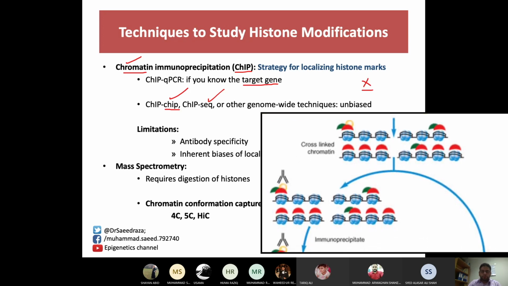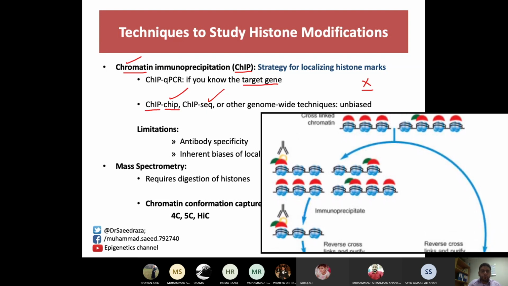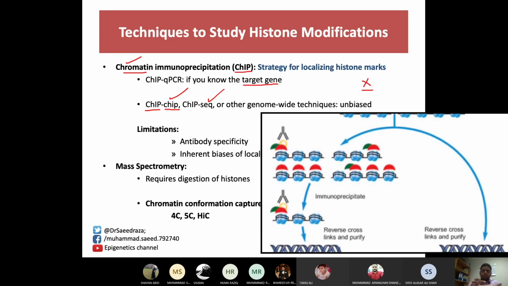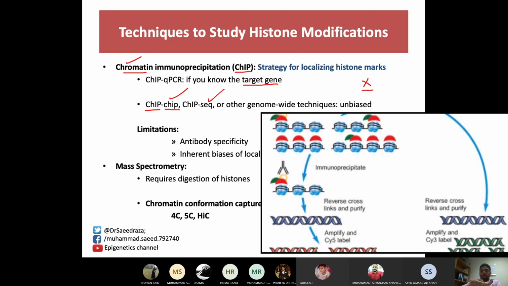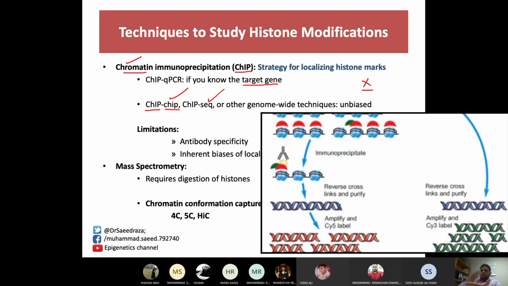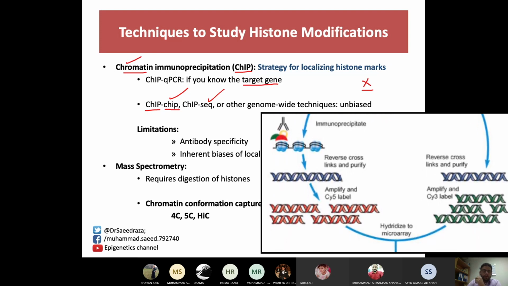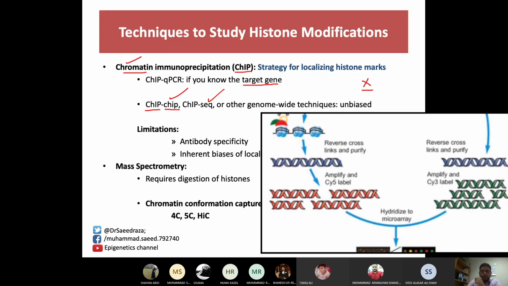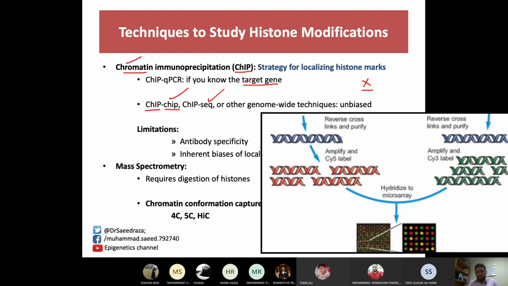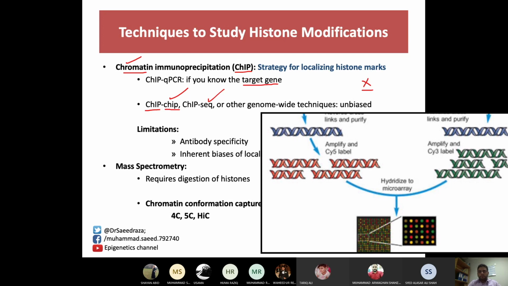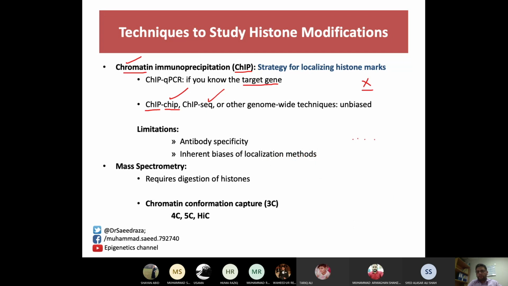For example, ChIP-on-chip means there is a chromatin immunoprecipitation coupled with this chip technique, which is a microarray. There is a small chip on which there are probes, and these probes are against multiple different genes or multiple different loci on your genome. So it could be 23,000 genes located on this chip. You have this ChIP extract, and you overlay this ChIP extract on this chip, and by the end of the day, you will get some fluorescence, and this fluorescence will be read by a computer, and which tells you, for example, that these are different probes